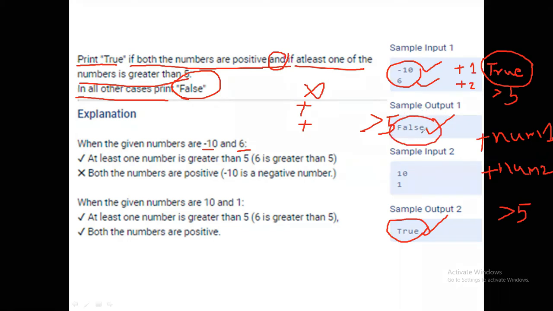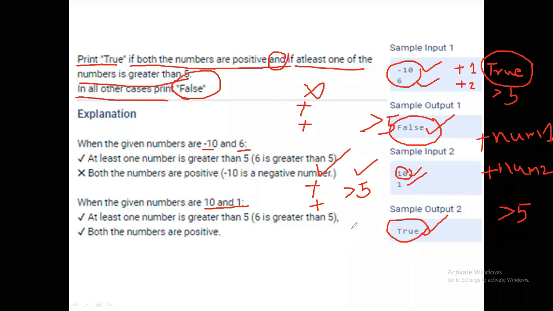When we give 10 and 1, both the numbers are positive, and one of the numbers, 10, is greater than 5. The second condition is also satisfied, so you are going to print true.